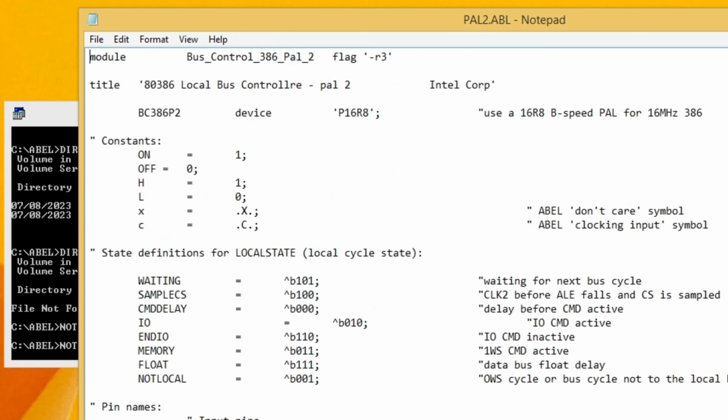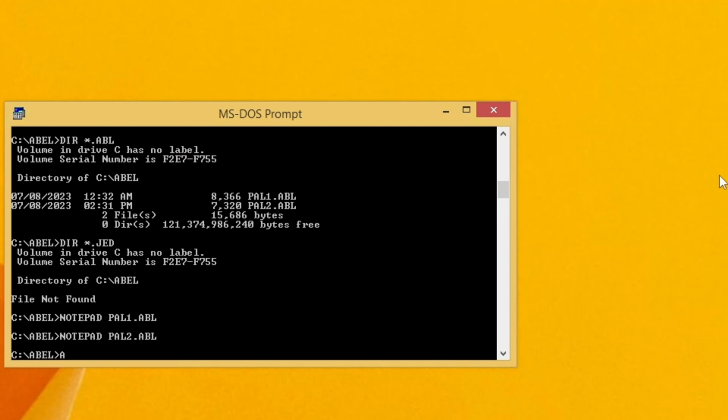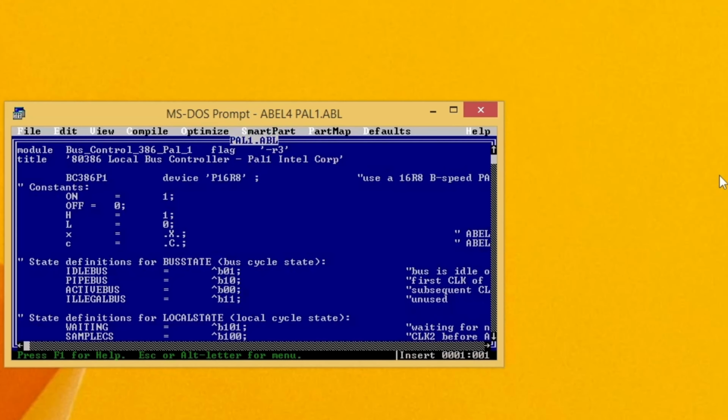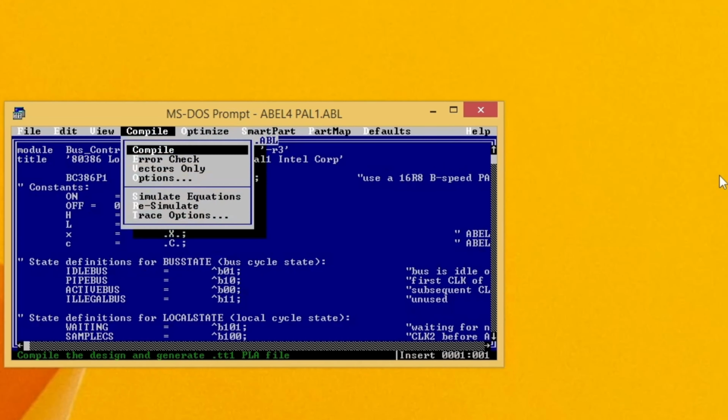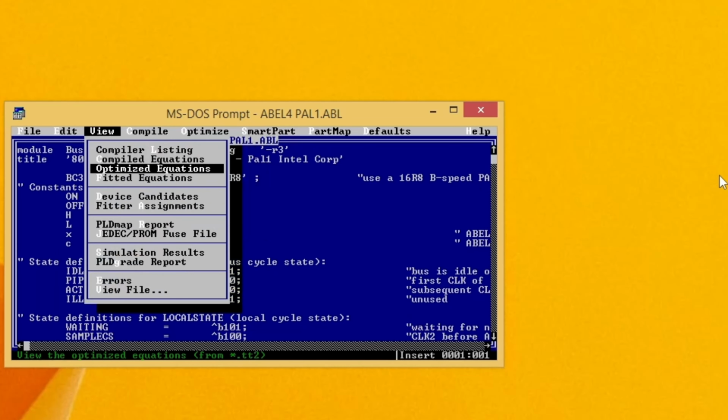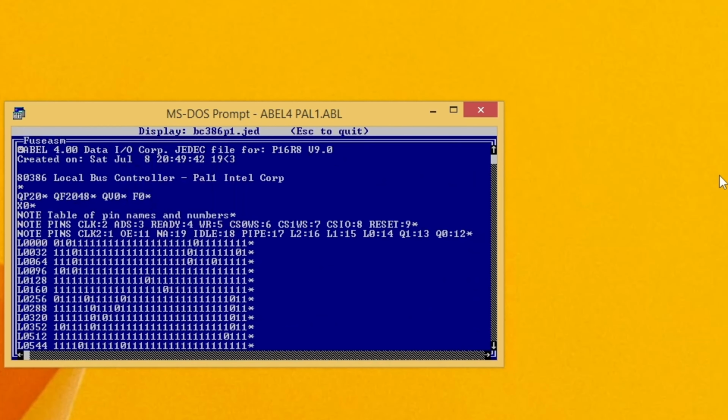So here I've got the two source code files, but I now want to go ahead and run this Able 4. And then it pulls up and it's basically a DOS text editor. And from it, I can do an error check and just make sure that there are no errors, and there were not. And then I can tell it to compile. There were not any errors. And then I can actually pull up and look at this JED file, which is what I can then load